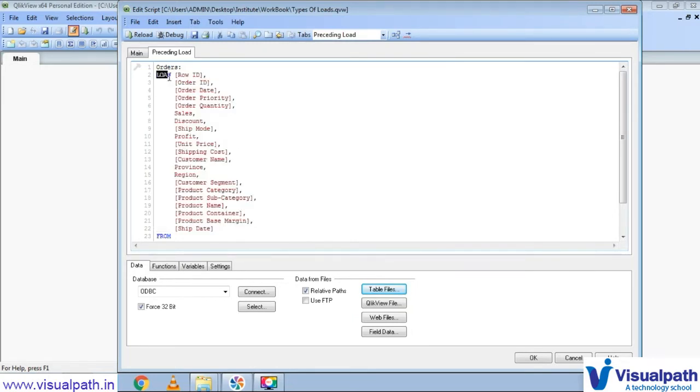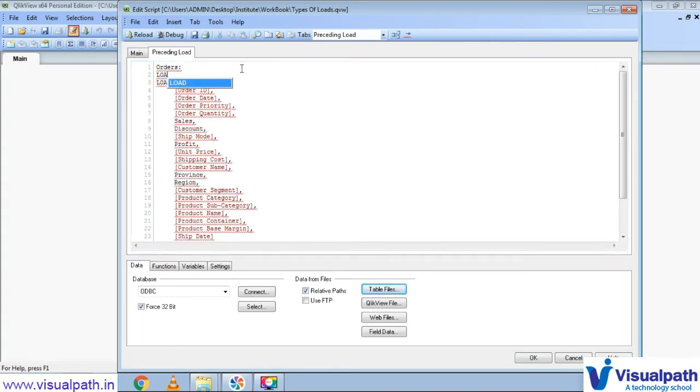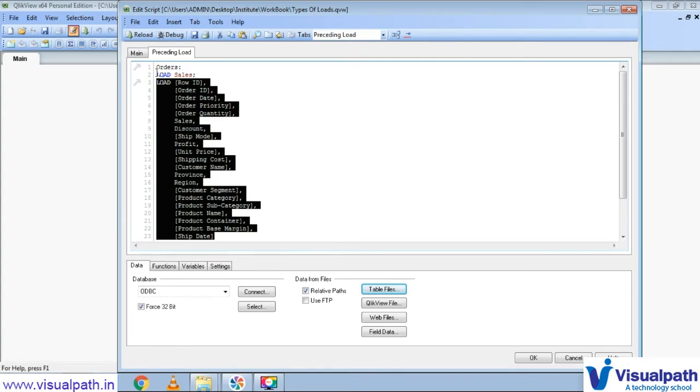Okay, so this is our original load. In this original load, we have the row ID, order date, order priority, order quantity, sales. So these are different columns, right? If we want to do another load before this load, how to do that? I'm just going to write it down first. I'll keep the same load function, and then I can take something here. Let's say it is sales. I'll just copy sales and keep it here, and give a colon. So that means I am going to load sales. This is our original load and this is our preceding load.